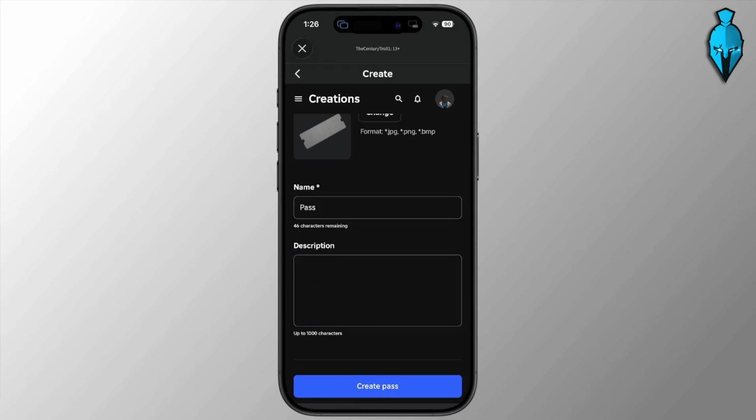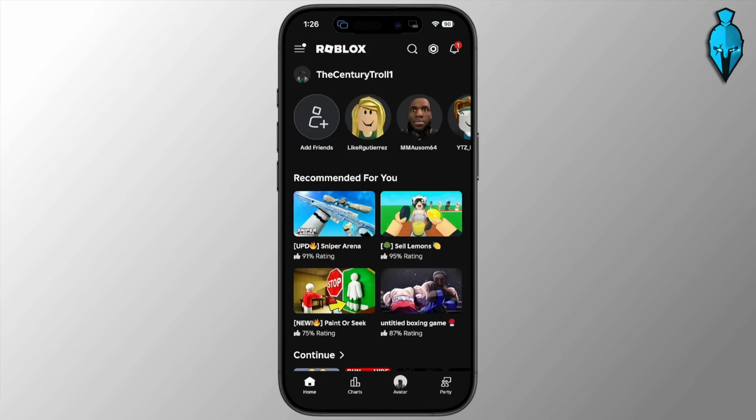Once you open the new pass, go to sales, turn on item for sale, and enter the Robux price that you want. Keep in mind that Roblox keeps 30% of each sale, so price it accordingly, and then tap save changes. Once you're done with that, sign into the account sending the Robux and add the receiving account as a